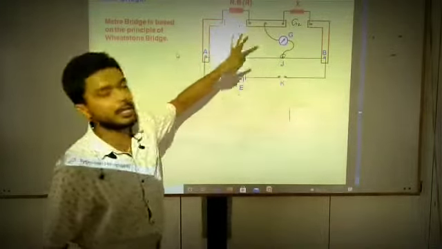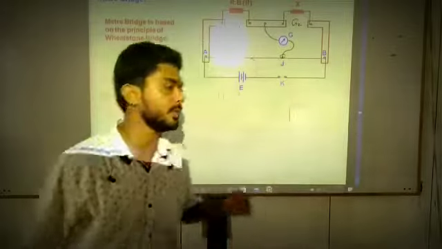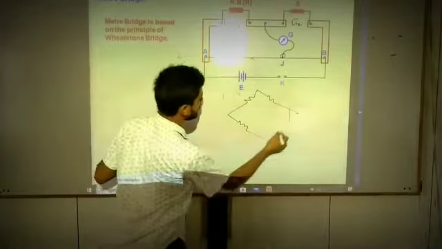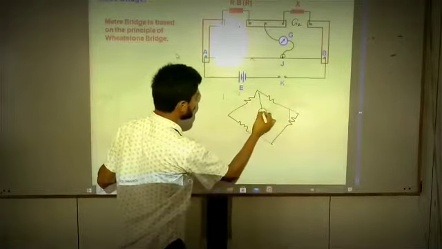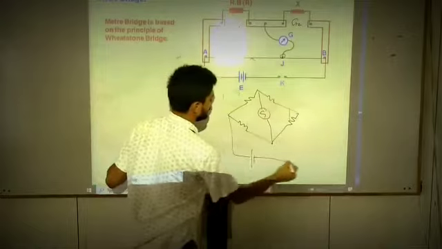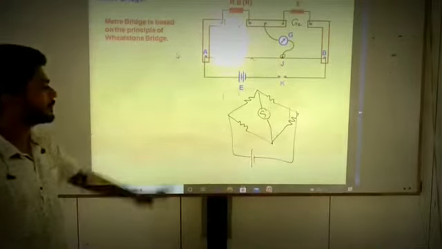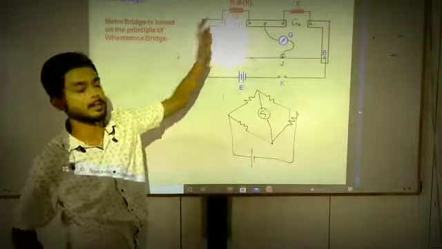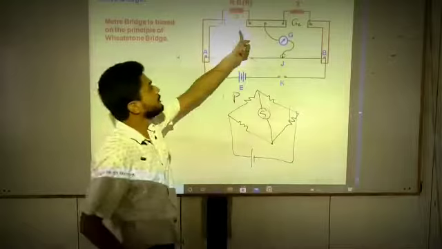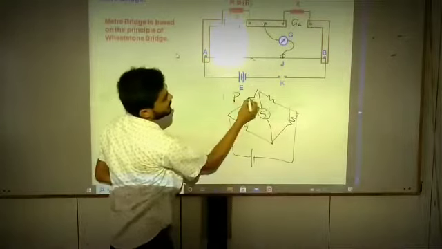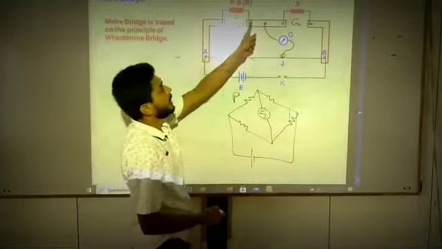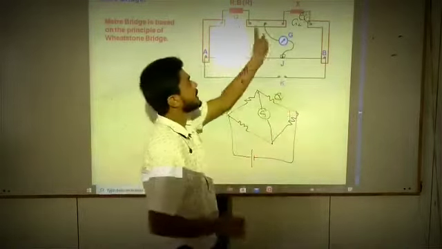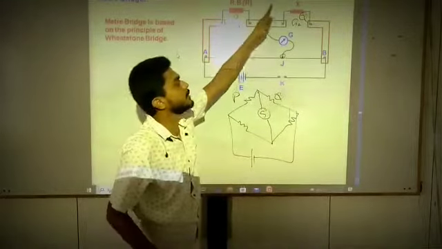And we are going to compare this meter bridge with the Wheatstone bridge. How? Let us see. Suppose this is your Wheatstone bridge. Then see, this is the resistance box, which you can consider as P. After P, there is a galvanometer. After connecting the galvanometer, there is a resistance Q. Then P, galvanometer, then Q.